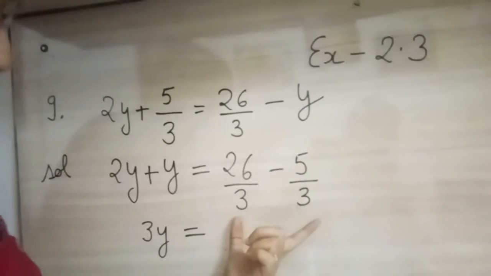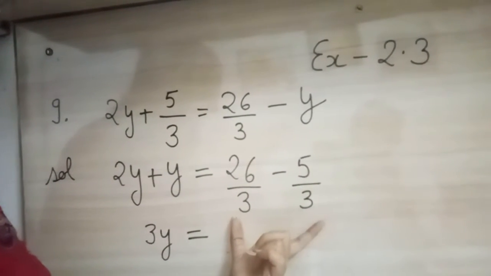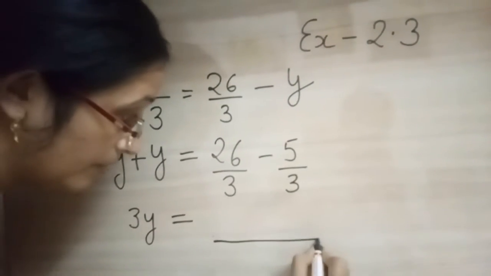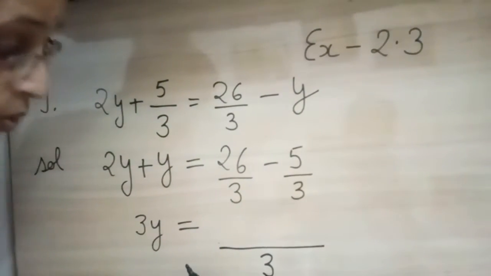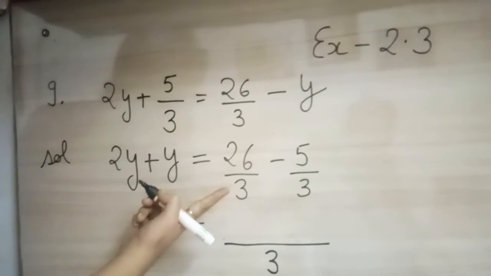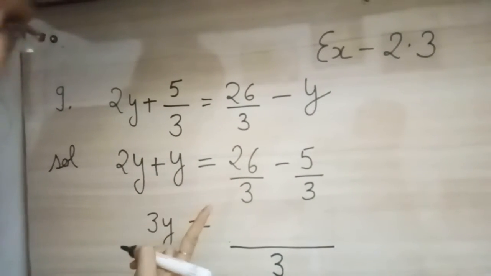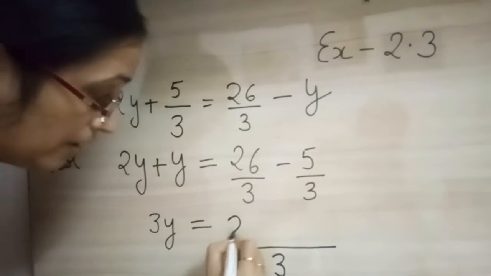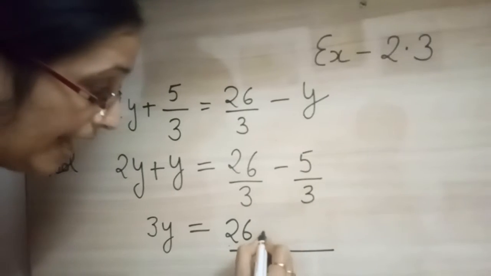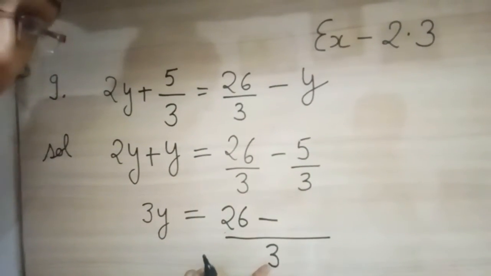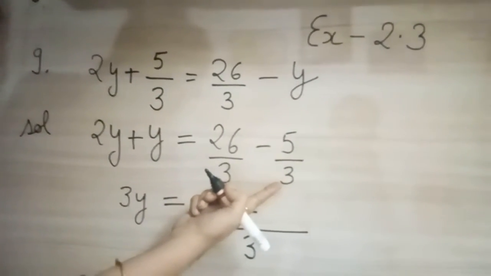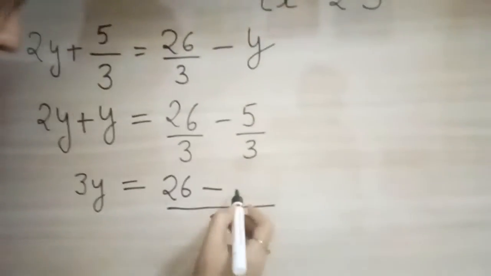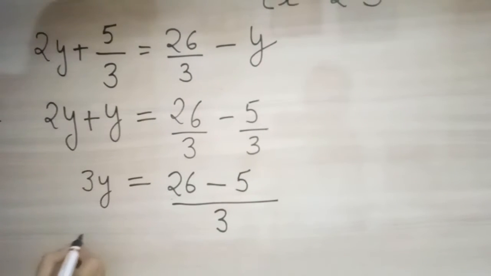more easy. Whenever there are two denominators, you are supposed to take the LCM. Here both are 3, our LCM will become 3. LCM you always divide by the denominator, so your answer will come 1. Whatever answer you are getting, you will multiply by the upside number, means numerator, so your answer will come 26, sign as it is. Then again LCM divided by denominator, answer will come 1. Whatever answer we are getting, that we will multiply by numerator, so 1 into 5 will be 5.